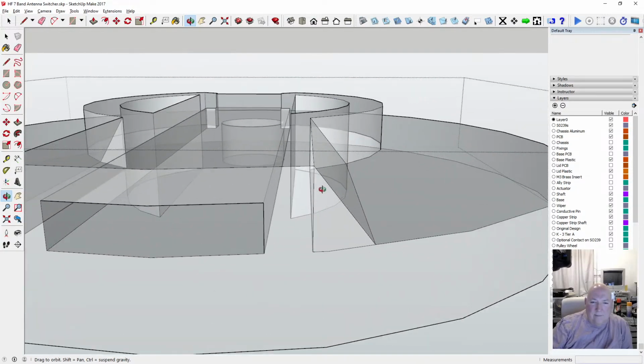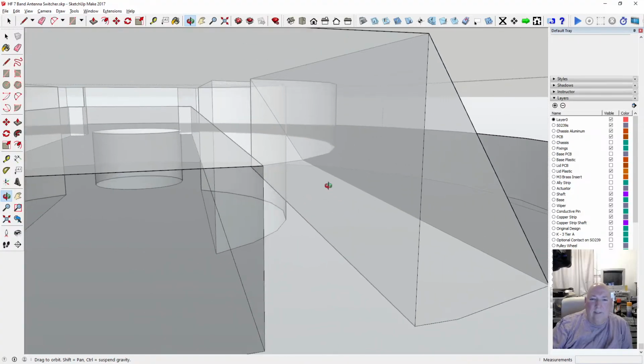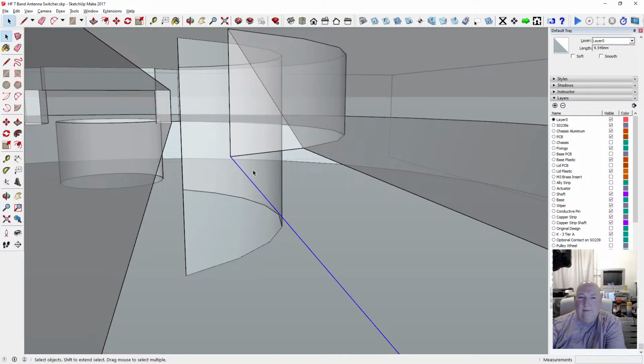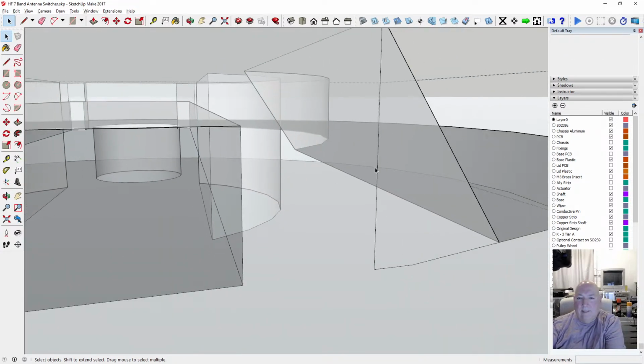Is that a wall? Right, I've got to see if that's a wall now. I've got to go into the model. And is that a wall? Yeah, I've got to get rid of the wall. And the base. And that. And that. And that. Right, and that. And that. And that.